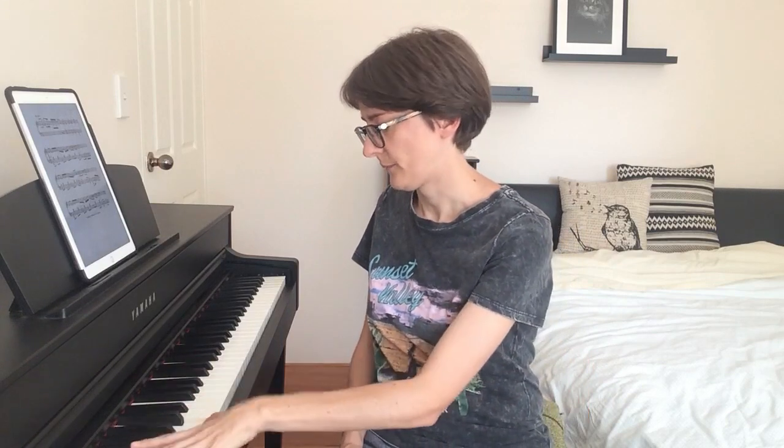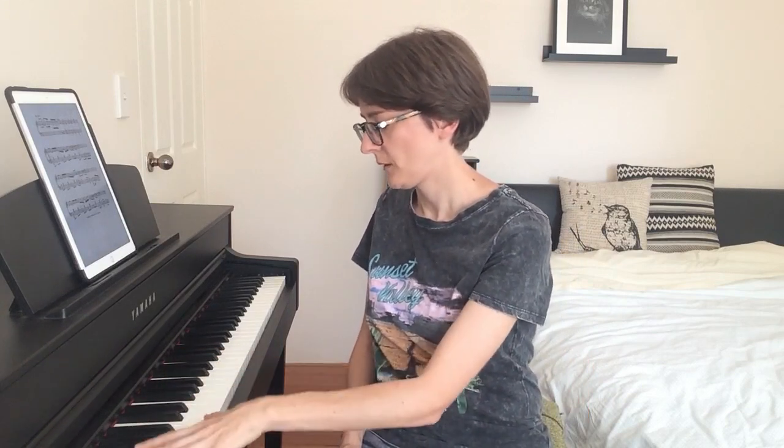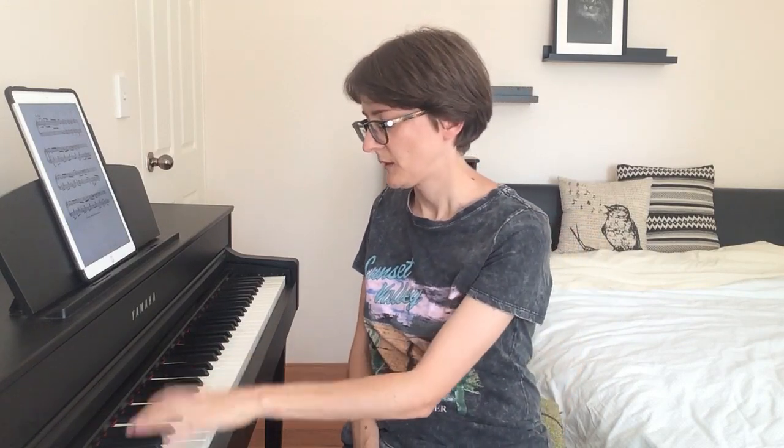Now, in case you don't know what a rag is, it's something from the jazz period, which typically has this kind of bass with lots of leaps in the left hand. And this can be quite challenging, especially when you're sight reading. On the other hand, the chords are quite predictable. So if you happen to play a lot of rags, then you will get better at sight reading them because